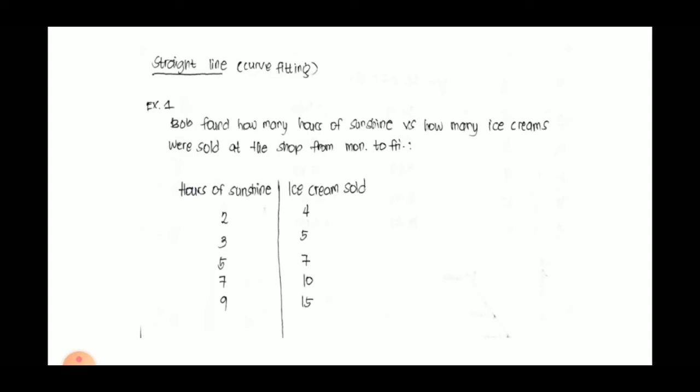Bob found how many hours of sunshine versus how many ice creams were sold at the shop from Monday to Friday. These are the data that Bob found: hours of sunshine and ice cream sold. Hours of sunshine is our independent variable and ice cream sold is our dependent variable. And solving